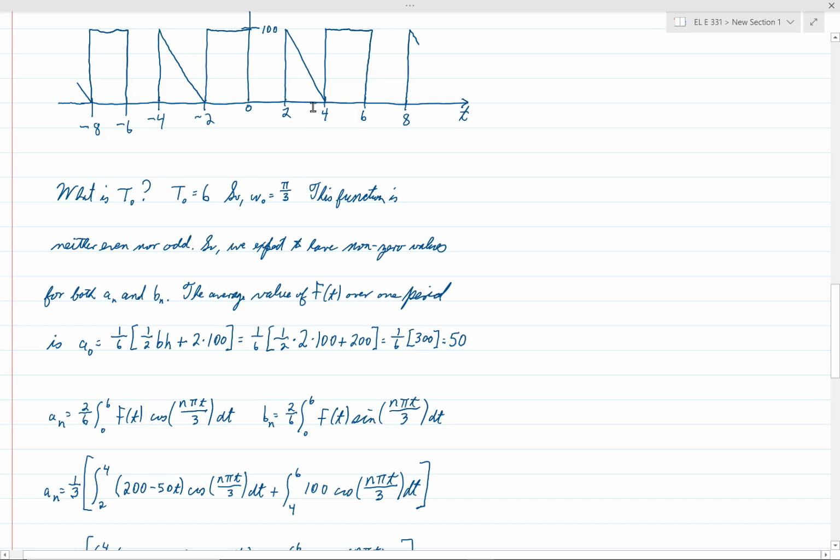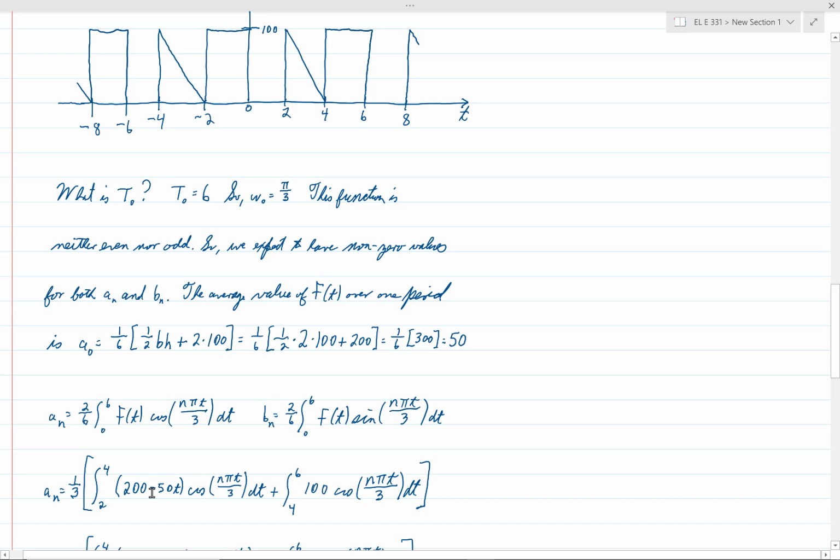So between 2 and 4, f of t is equal to something minus 50t, because the slope goes down 100 units in a horizontal distance of 2 units. So it's something minus 50t, and if you look for a moment,